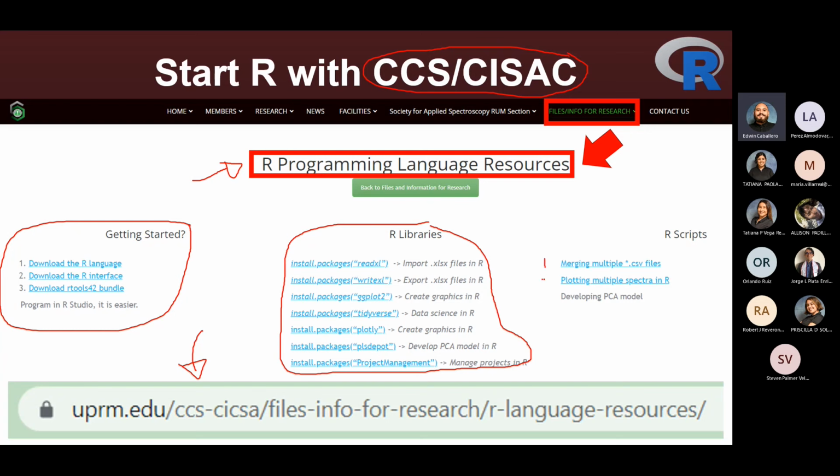And currently, I only have two scripts. One allows you to merge multiple .csv files into only one file, so you have all of your spectra when you get it out from the instrument. There are a lot of instruments that give you one file at a time. This helps you place everything on one file without spending a lot of time. The other one is to plot multiple spectra. If you have a lot of spectra and you want to plot it quickly with good quality, you can use